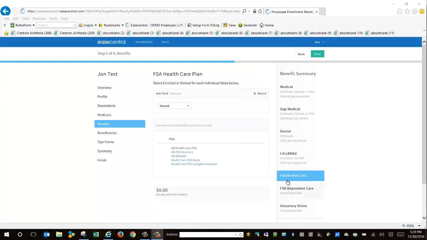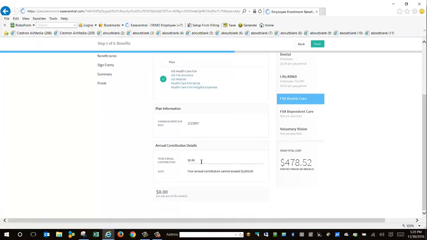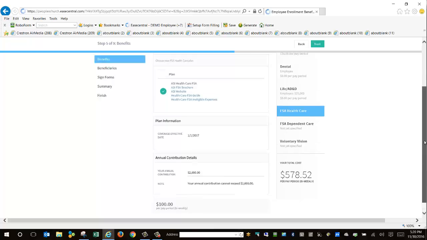And now we are to our 2 FSA steps. Here you can waive an FSA without giving a reason and click Next if you don't want to contribute to an FSA account. Or if you'd like to enroll, click Enroll. And then you're going to enter your yearly contribution, your annual contribution to that account. Here in the instance of a healthcare FSA, the contribution cannot exceed $2,600. So I'm going to contribute the max for the year there. It's going to let me know my per pay period biweekly cost for contributing to that FSA, and I can